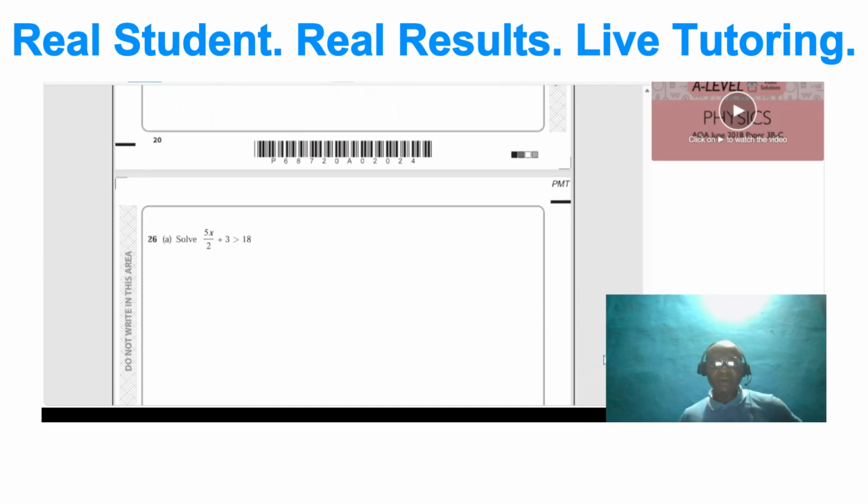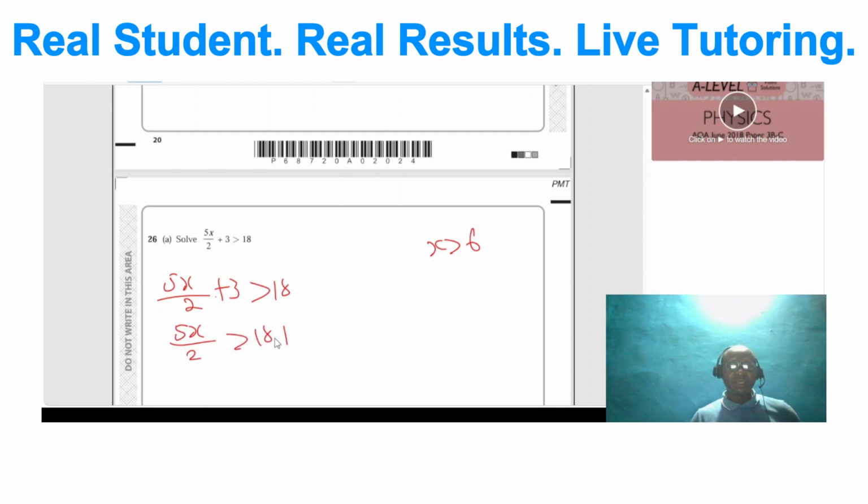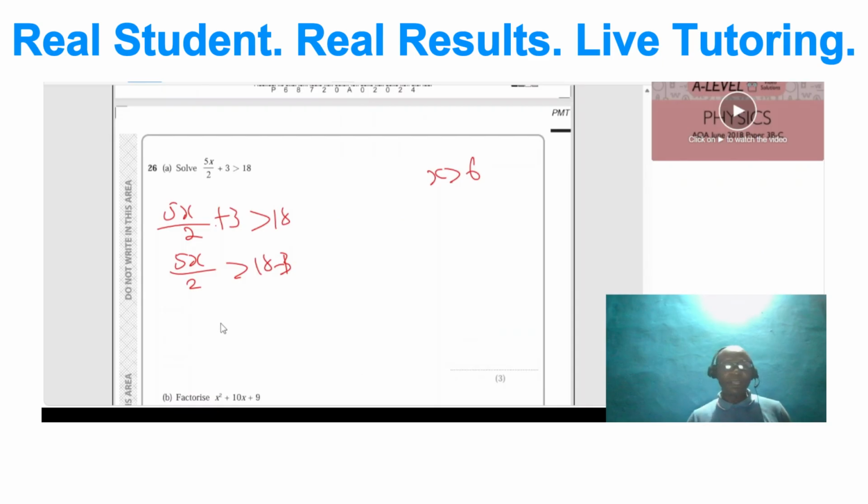We are solving the inequality. What did you get as your answer? X is greater than 6. Let's see. Here is 5x all over 2 plus 3 greater than 18. So first I move 3 to the right hand side so that I have 5x all over 2 is greater than 18 minus 3, because it is plus by the left. Therefore, this is now going to be for me 5x all over 2 is greater than 18 minus 3 is